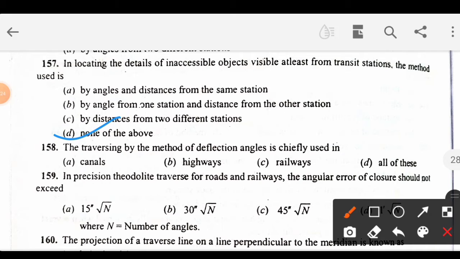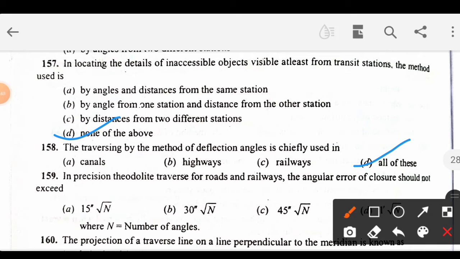The traversing by the method of deflection angle is chiefly used in canals, highways, railways. यहाँ पे तीनों ही करेक्ट आंसर होगा, इसलिए करेक्ट आंसर डी, ऑल ऑफ दीज।